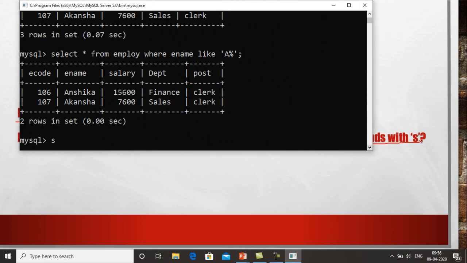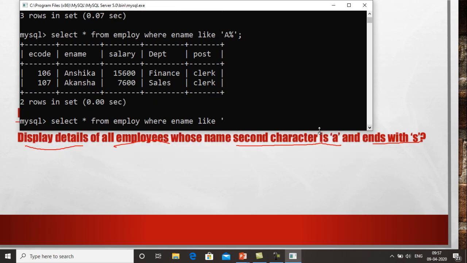So first I write select star from employee where ename like. Now I have to write the pattern for it. Okay, so how am I going to write the pattern for this command?